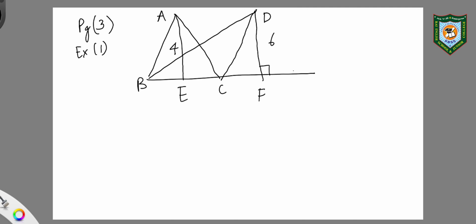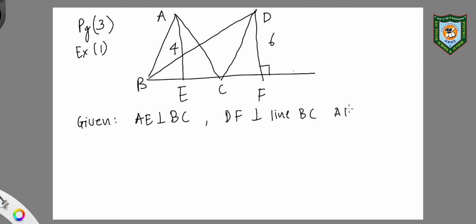So here we have given AE perpendicular to BC and DF perpendicular to line BC, AE is equal to 4 and DF is equal to 6, and we have to find